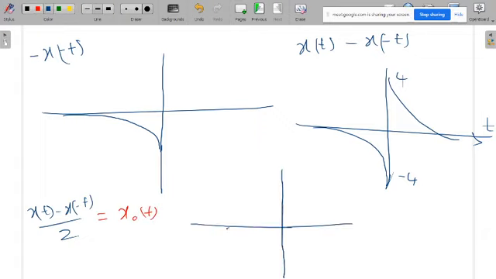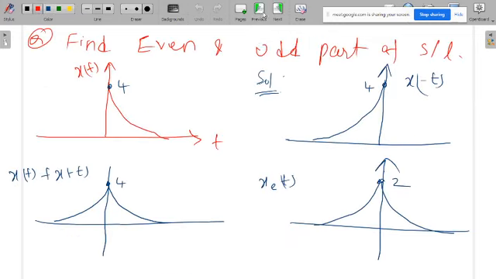The final answer is it goes from here to here, but with minus 2. This also goes from here to here, from plus 2 again. So this is finally the odd part of the signal. Okay, now you know the odd part of the signal. I am naming this as the second signal, and also you know the even part of the signal. This is the first signal. Once you add this first signal and the second signal, you have to get the original signal, that you can cross verify. Okay, so we'll stop with this.